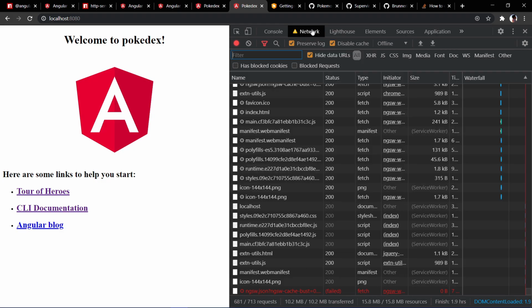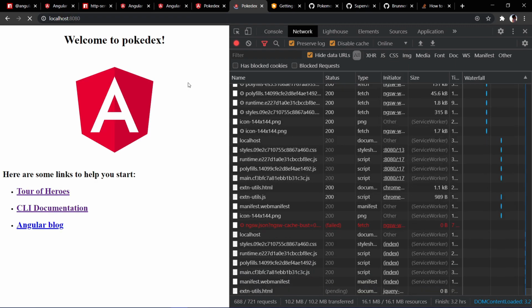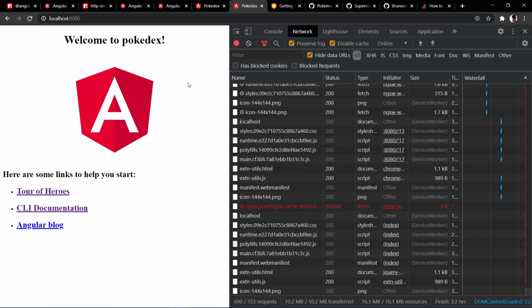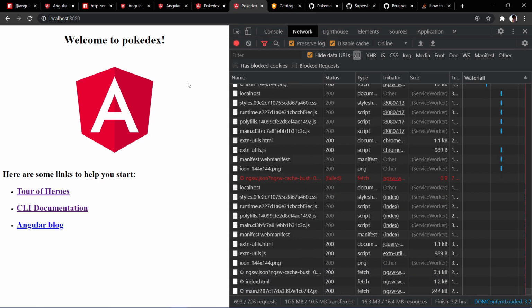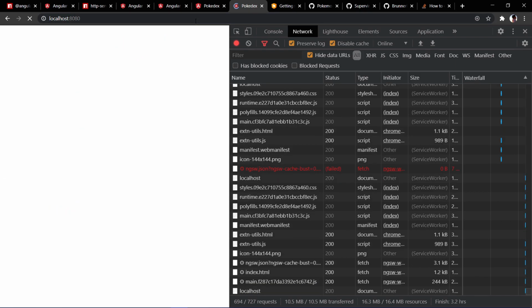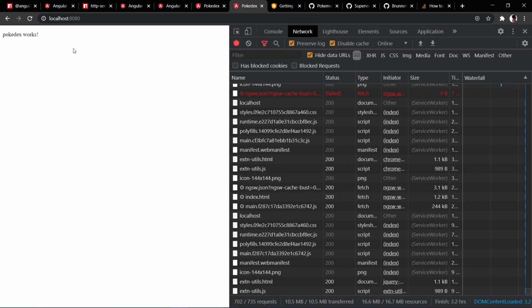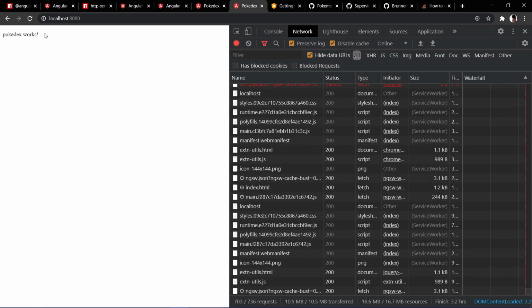So now I am on the browser, and I'll just make it online now and try to refresh. Okay, the problem here is that refresh is still using the cache to load the index.html, so that's the reason you are still getting the same page. We'll try to refresh again, and yeah, this worked. Now you are seeing "Pokédex works" because the application is online. Let's try to simulate offline by doing an offline here. And now if you see, it automatically goes to "you are offline".